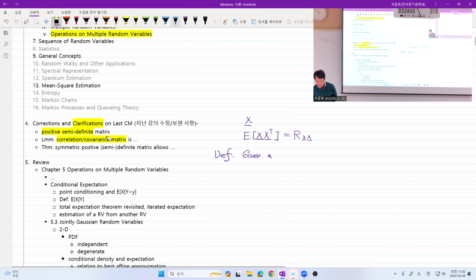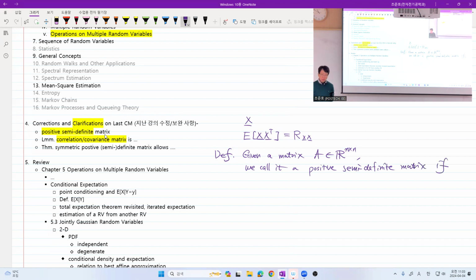given a matrix A that is a real n by n, we call it a positive semi-definite matrix if... So this if part is interesting. What you do is consider y transpose A y, where y is also a length n vector. This is the so-called quadratic form, right? And if this is always greater than or equal to 0,